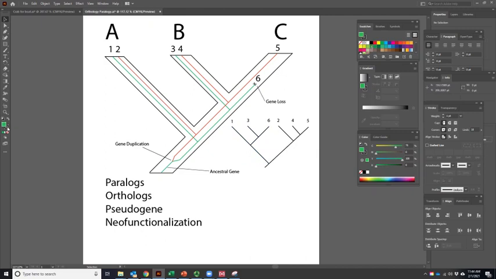Let me do that again. Got to make sure I'm on the right setting here. There we go. So that represents the green gene history here. And again, we can maybe put a little X somewhere in the line here if we wanted to represent that there was a pseudogene, that we'd lost that one at some point. But if we could still identify and sequence it, we could still put it in an alignment and compare. And then, of course, this other half of the genome we would recognize as being the red part of the